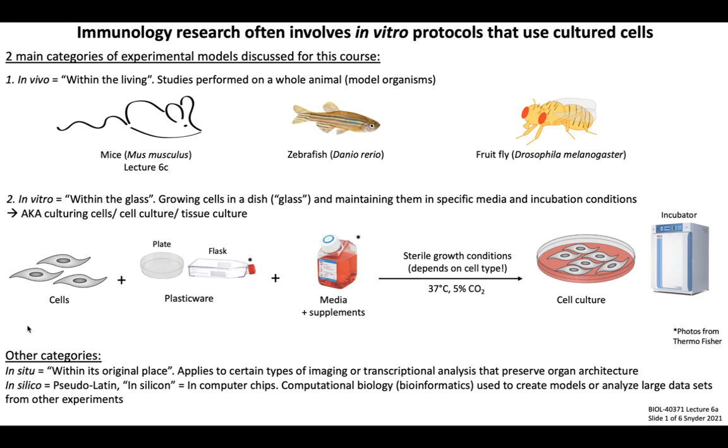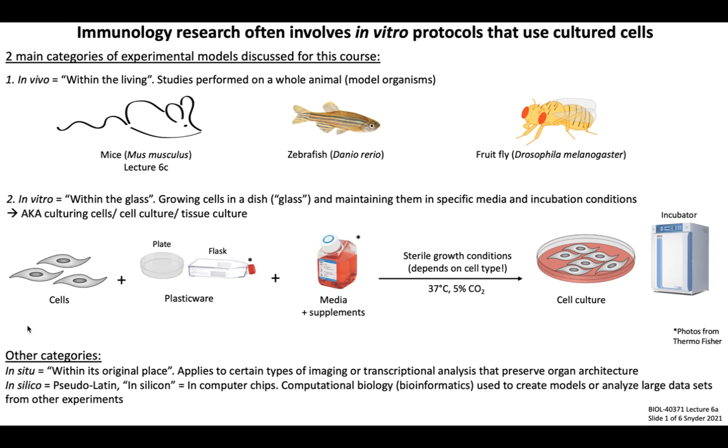In addition to in vivo and in vitro experiments, there are a couple other categories of experiments. In situ translates to "within its original place," which refers to biological observations that are made using cells that are within the same location that they were in a living animal. So in situ applies to certain types of imaging or even spatial transcriptional analyses that were performed on tissue sections where tissue or organ architecture has been preserved. And this gives you the advantage of providing some spatial information about certain biological measurements. We will talk about in situ analysis a little bit more when we discuss the use of antibodies when applied